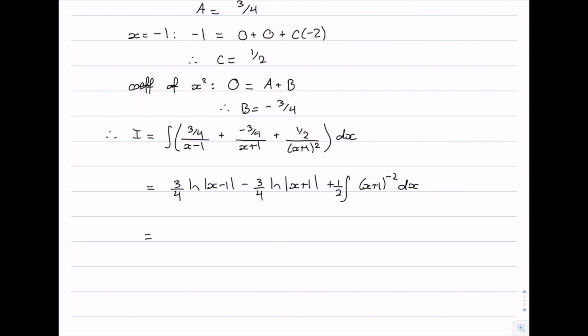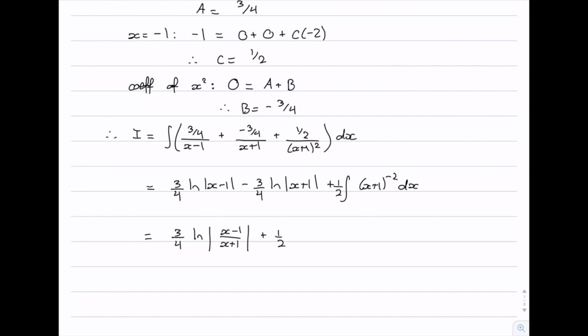And now since that's a linear polynomial to some power, we can straight integrate that. But with these first two logs, since they have the same coefficient, we might as well join them together. So that'll be 3/4 log of x minus 1 over x plus 1